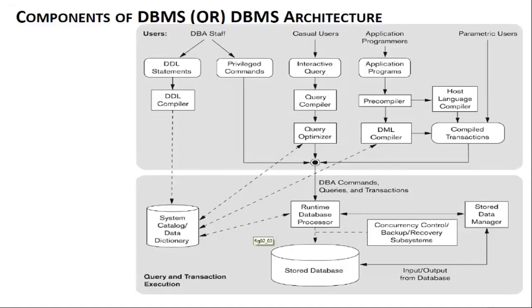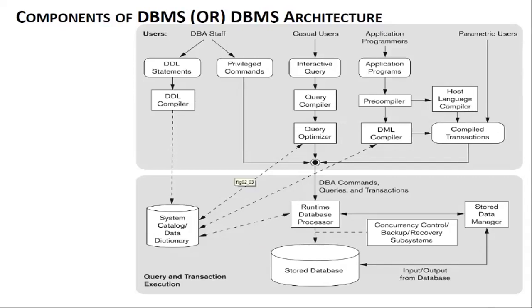As we studied in the general definition, a database management system is a collection of programs, otherwise called software, which is mainly used for creating, storing, retrieving, and all sorts of manipulations with the data. You can create a database and a number of tables, store, retrieve, and modify, and do all sorts of manipulations with the databases. For that, we need a set of software, as you can see in the diagram.